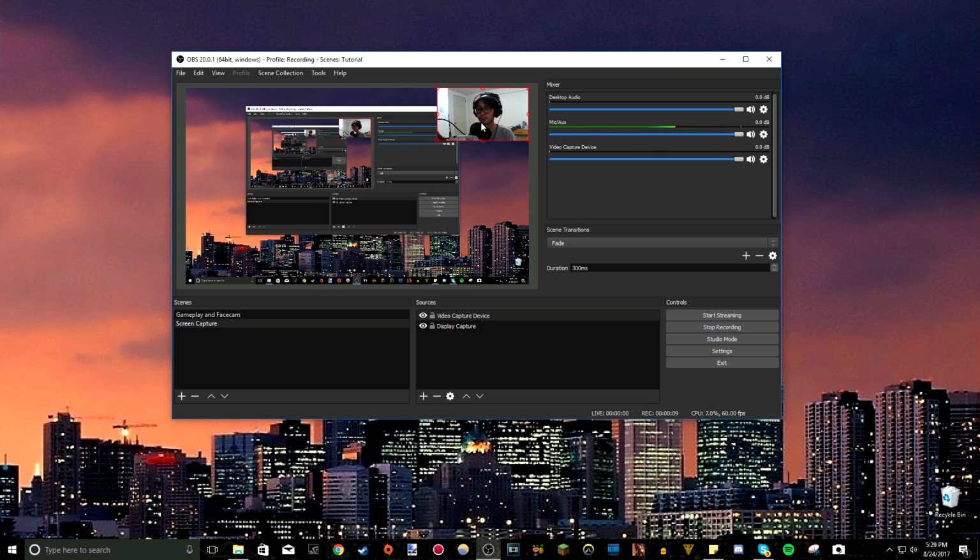And actually, if you don't want your Facecam to be a rectangle like this, if you hold Alt and drag it in, you can crop it out and you can make your webcam a square. I'm holding Alt right now, let go of it, and now you can move it back. So now we have a square Facecam, and there you go. Pretend that this display is the game. So this is 1080p 60 FPS. I'm gonna press stop recording right now, and then your video is done,